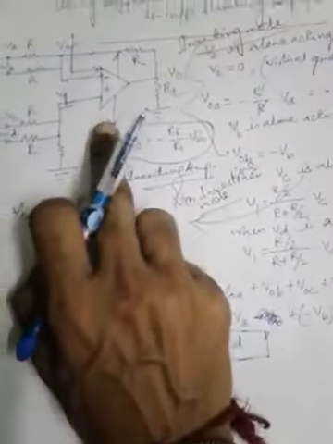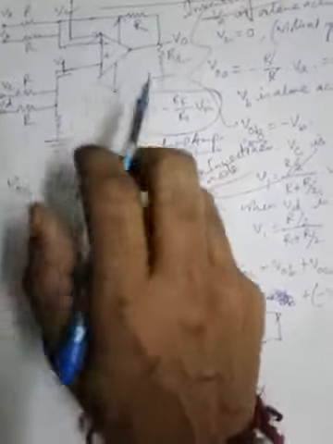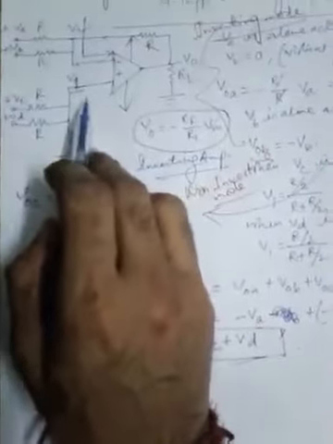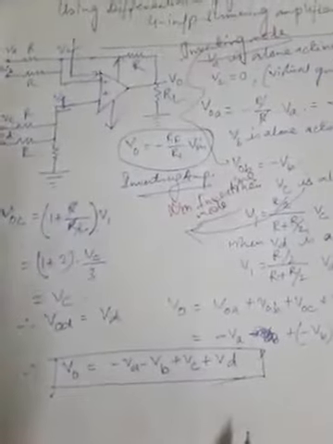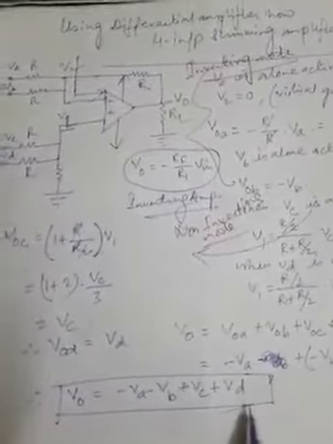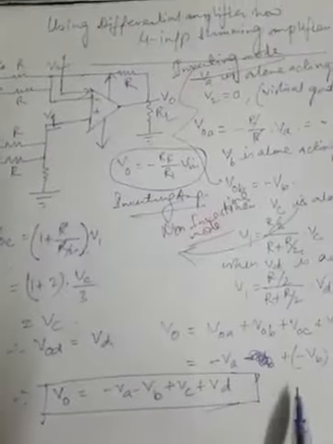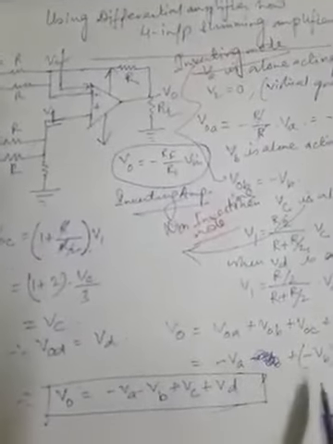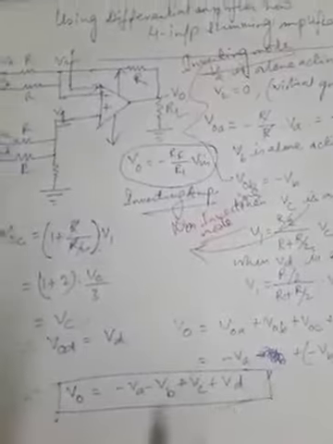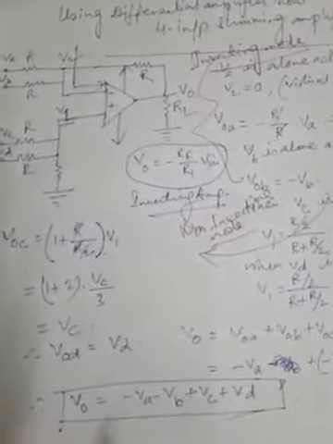So in this way, we can explain with the help of a differential amplifier, if this op amp is a differential amplifier having only two inputs, how it can act as a four input summing amplifier in this fashion, considering where the inputs are being added, and at the output expression accordingly the polarity signs will come up.